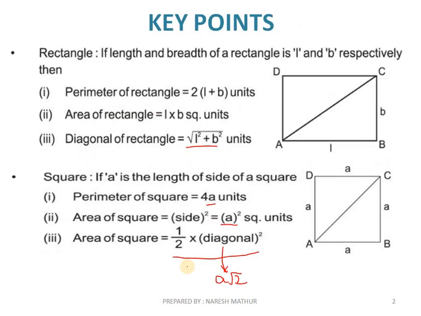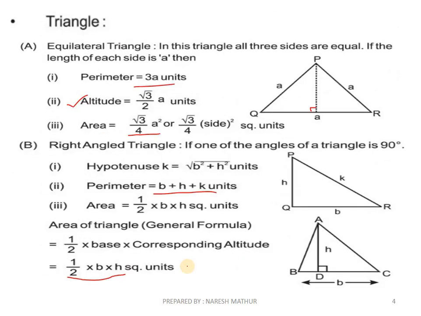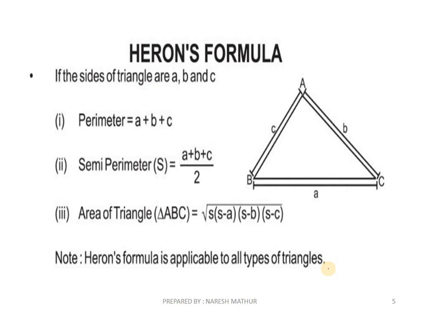Now see all these shapes. In all these shapes, when we are talking about height, it is taken always perpendicular. Alright. In the right angle triangle, here we draw an altitude, or wherever we are using the term height, the height is taken always perpendicular. Now what if we don't have the height of a triangle and we are given the measurements of all sides of a triangle? Now the answer is Heron's formula. Heron's formula is used for finding the area of a triangle when we are given all the measurements of the triangle. It means we have all the sides of a triangle.